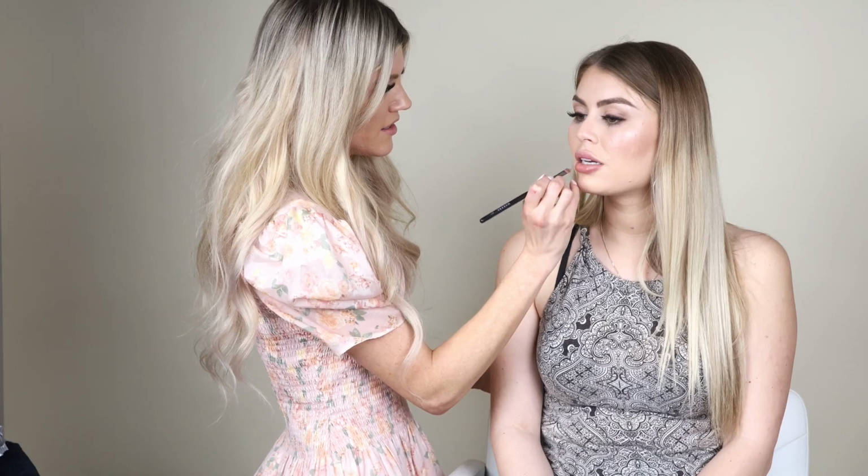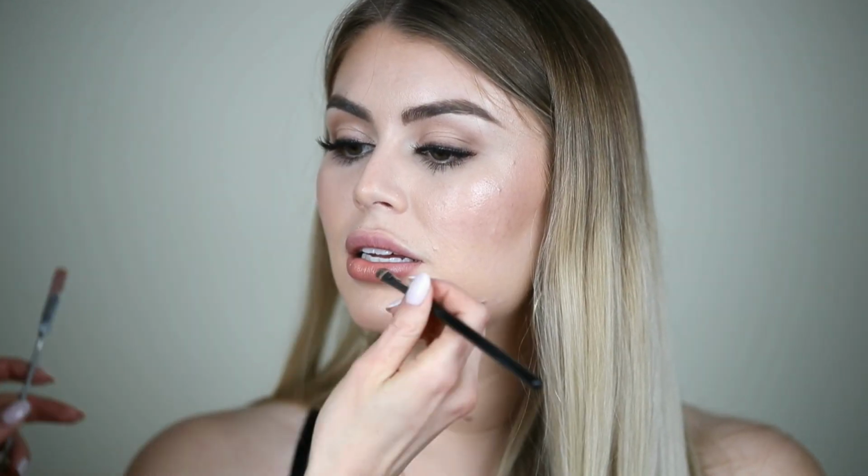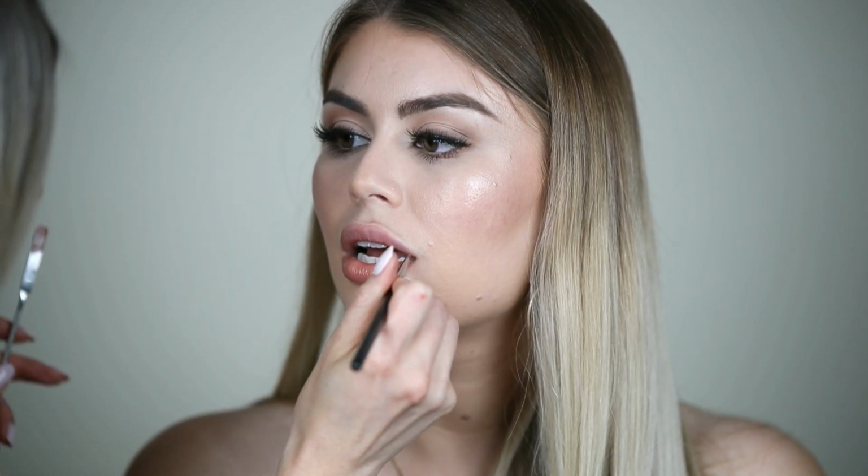I'll have to try those. Yeah, ColourPop. When liquid lips were the thing, they had some of the best ones, and they were only like $5 each. Their formula was so good. I heard that ColourPop was the lab Kylie Cosmetics used for a while. Have you heard that? Her liquid lips were very similar to the ColourPop one. Exactly. That's what I heard too. Yeah, it might be different now, but